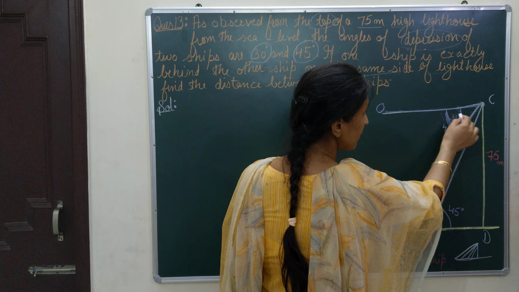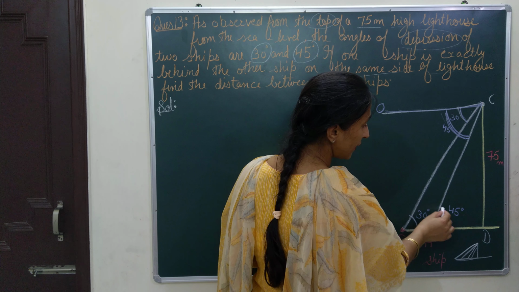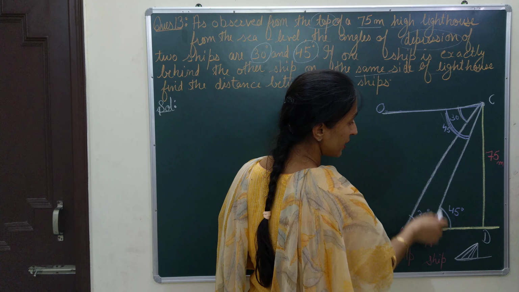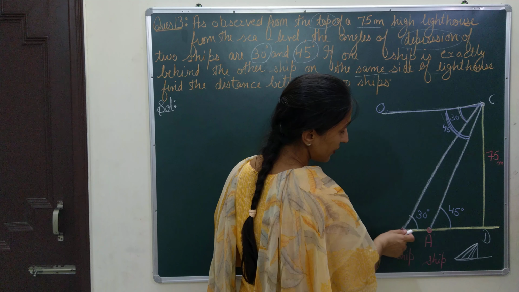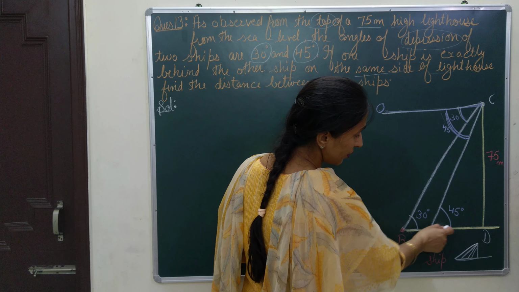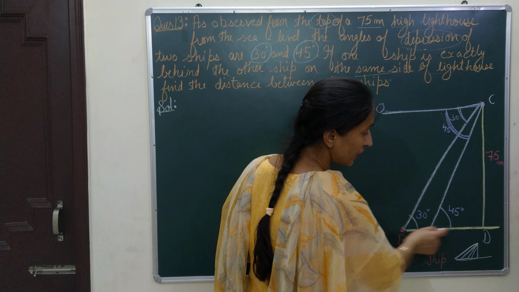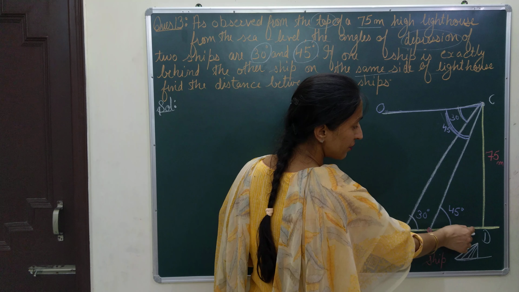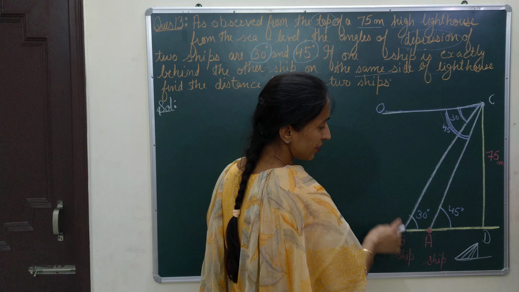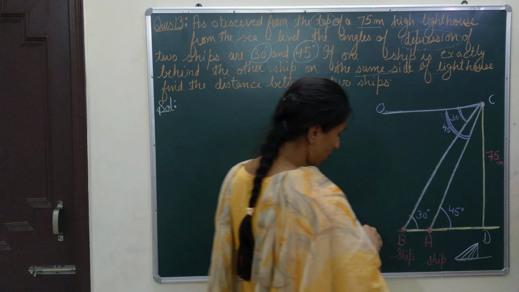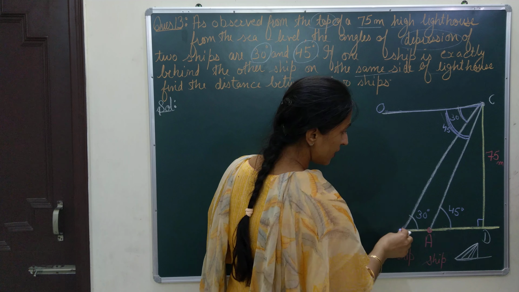So one way was this: taking the upper angle down by using alternate interior angles, and when you have taken it down, you can check whether you have written both angles correctly or not. You can see whether the inner angle is bigger than the outer or not. It should be bigger, because when we are moving towards the vertical distance, our angles increase, and when we move farther from the vertical distance, the angles decrease. So two right angles are formed here. One is CAD and the other is CBD.